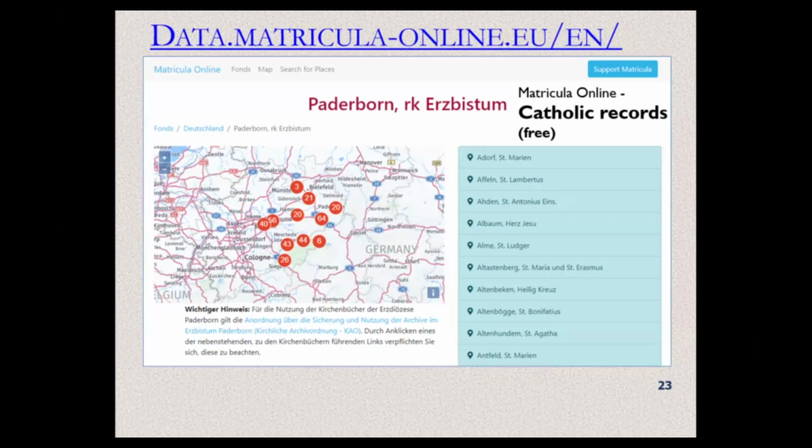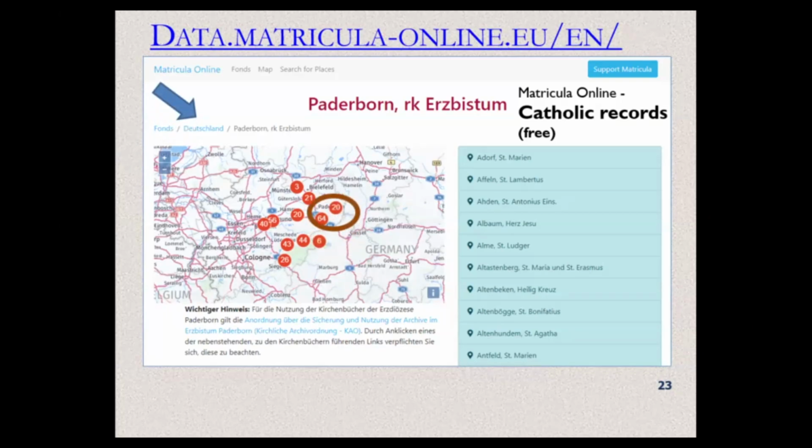And these are already names of the churches. Like I can see here, Altenbecken, Heilig Kreuz. Heilig Kreuz means literally Holy Cross. So then you can just go to that church and its records. Church of the Holy Cross in English, in that place, Altenbecken, in that village.